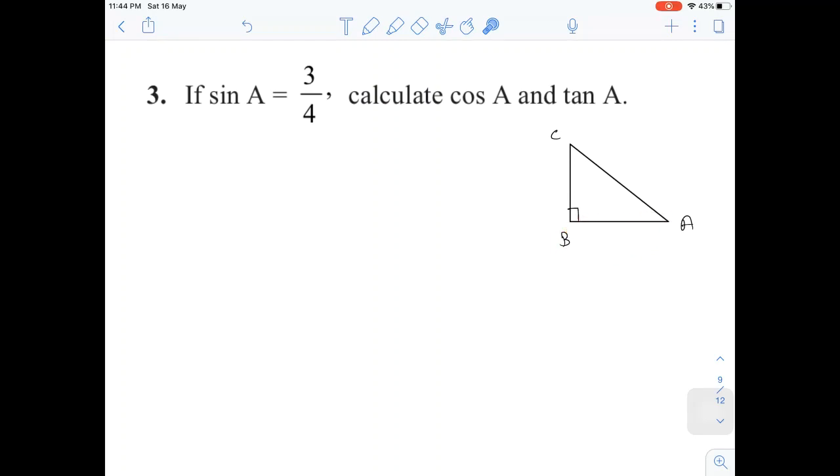So let us write their names first. Here BC is opposite, AB is its adjacent side, and AC is the side opposite to the 90 degree angle, so it will be our hypotenuse. Now let us see how to write its solution. So it is given that